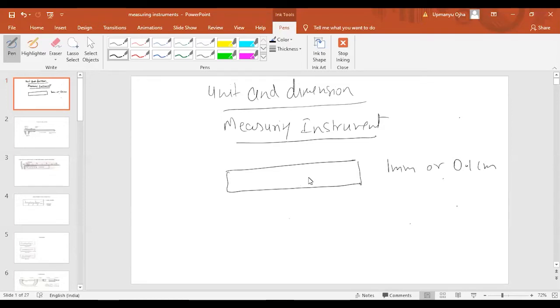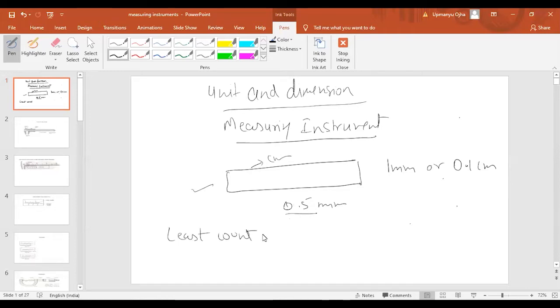But if I have to measure some object whose length is 0.5 millimeter, are we able to measure that object with the help of the normal scale? No, we cannot measure that with a normal scale. Therefore, we can say that for a normal centimeter scale, this is an error: the object of 0.5 millimeter cannot be measured. And this error is known as least count error.